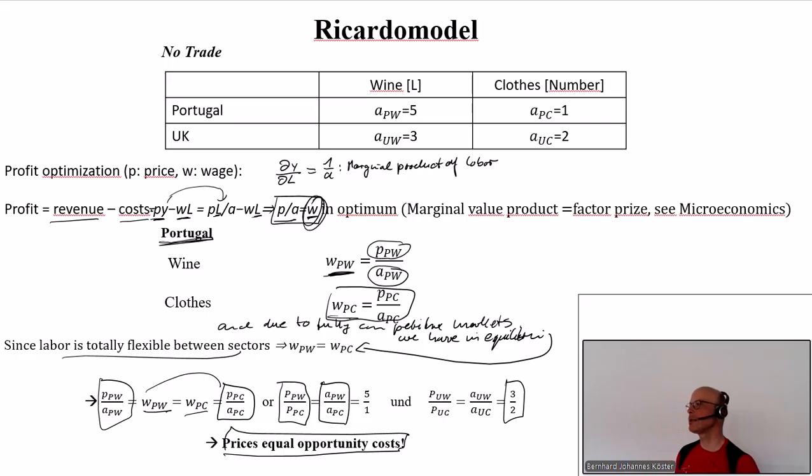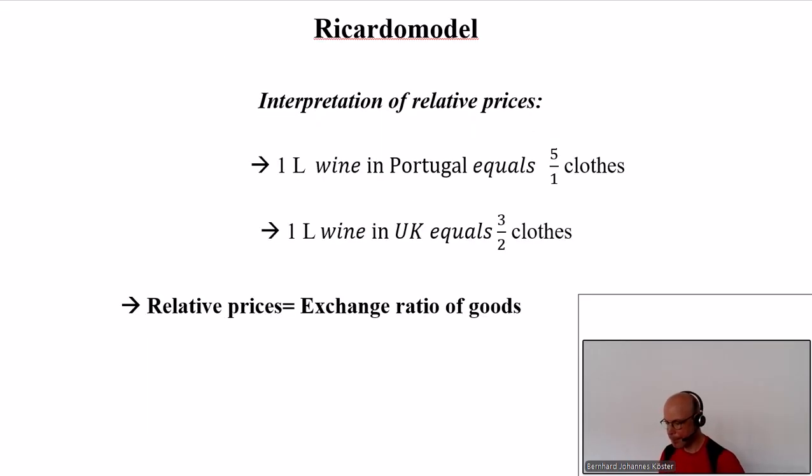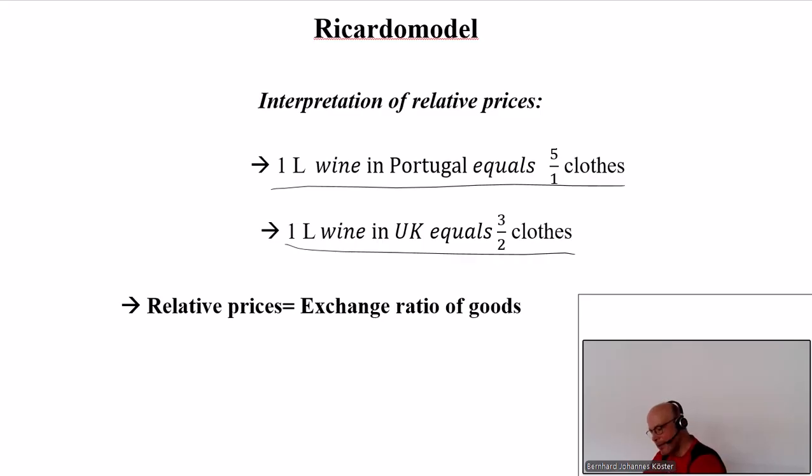Prices equal the opportunity costs which we derived when we talked about the comparative advantage. So this I already have said. 1 liter of wine in Portugal equals 5 clothes. 1 liter of wine in the UK equals 1.5 clothes. And the relative price equals opportunity costs equals the exchange ratio of the two goods